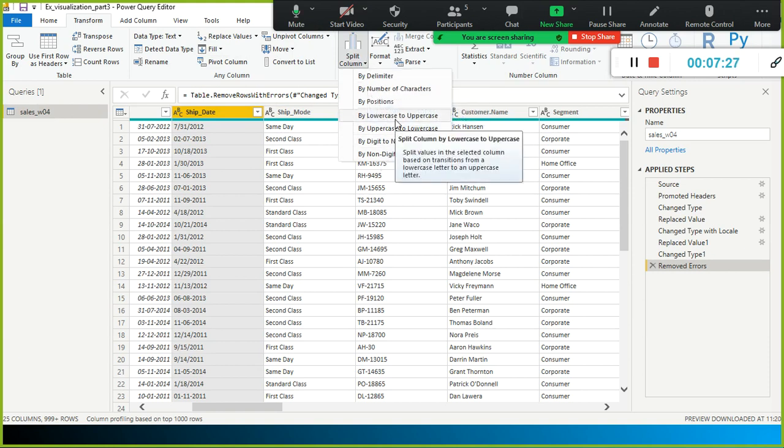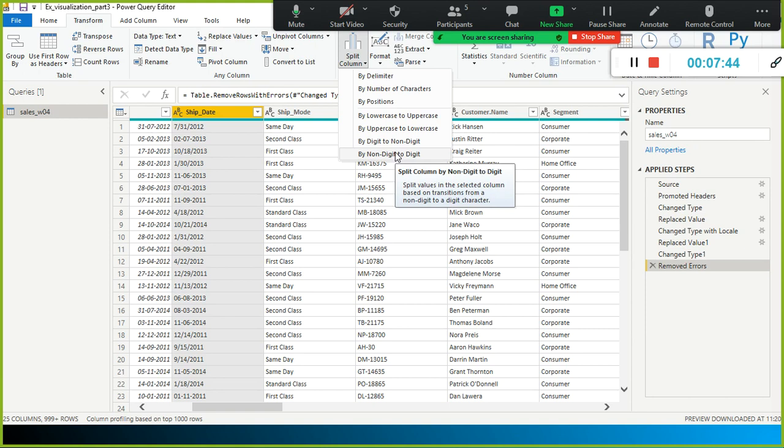And here split column by lowercase to uppercase, by digit to non-digit, and non-digit to digit. So digit to non-digit, right? Non-character, this is like a text type. So digit number to text. But if you have an alphanumeric value, what is an alphanumeric value?